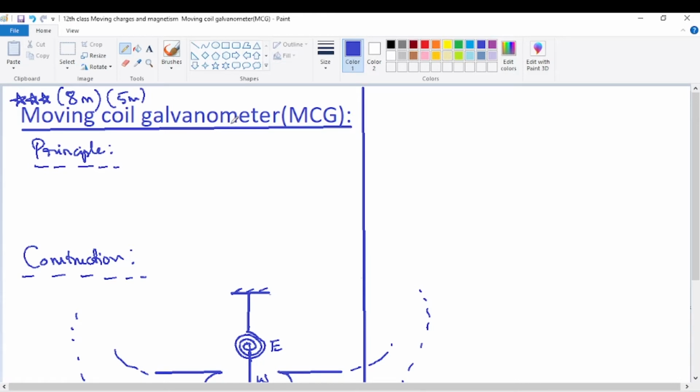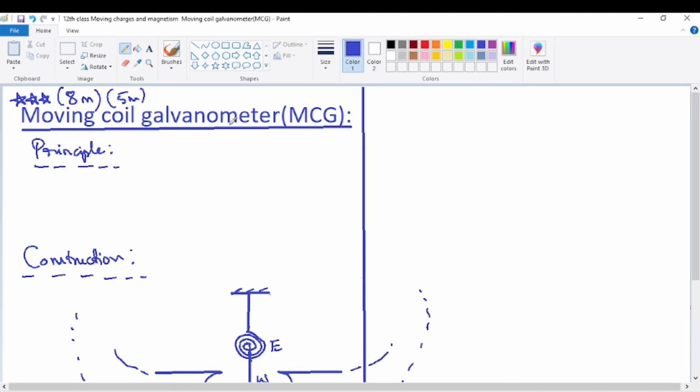When current is passing in a wire, that current can be detected by means of this device called a galvanometer. Not only can it detect, it can also measure, but the measurement will not be so accurate in a galvanometer. It requires a small correction, a small adjustment. If that adjustment is made, then the galvanometer is called an ammeter. Then it can measure current very accurately as required. There is no end for accuracy of measurement, but still we can increase the accuracy as much as possible in this device called an ammeter. So it's nothing but a modified galvanometer.